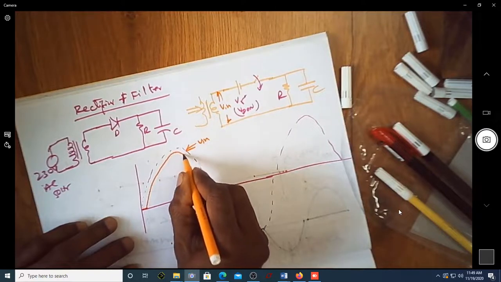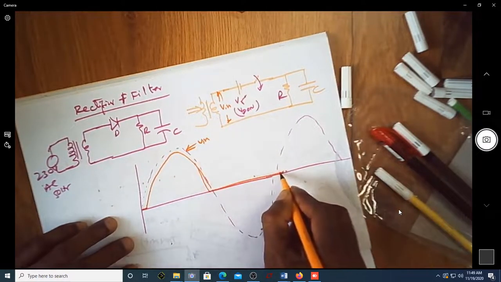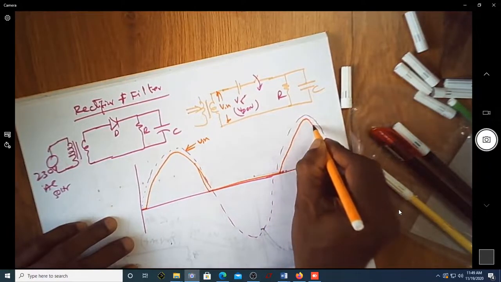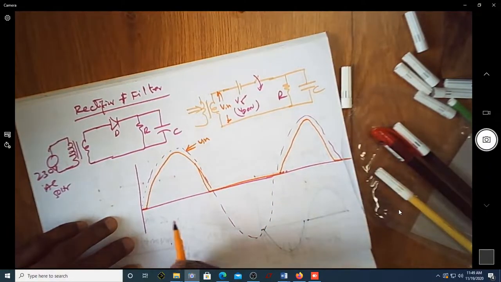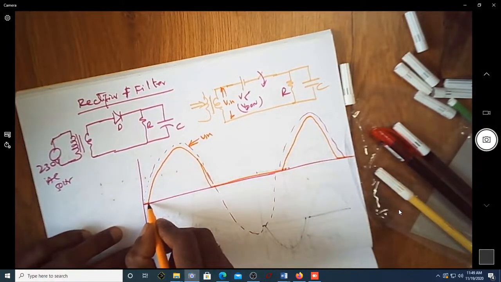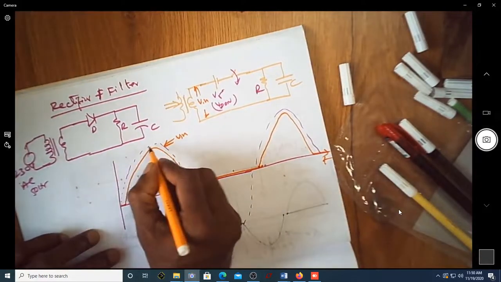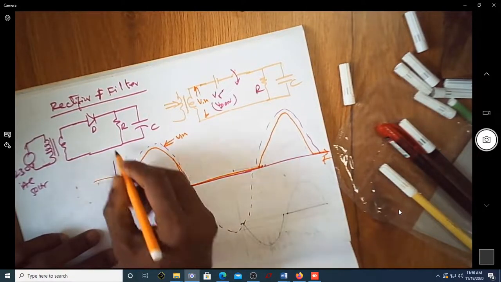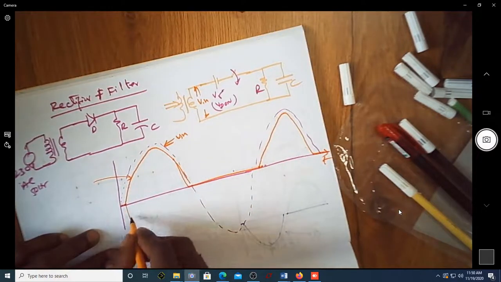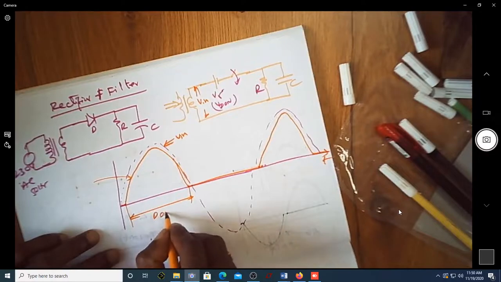So this is what we are getting. Sorry, this is not overlap. Can you see at each and every point it is a VD on difference. Now see here, this is with respect to time. This is V in, so this is the voltage at this point. Can you see only from here to here the diode is on. D is on, diode is on.